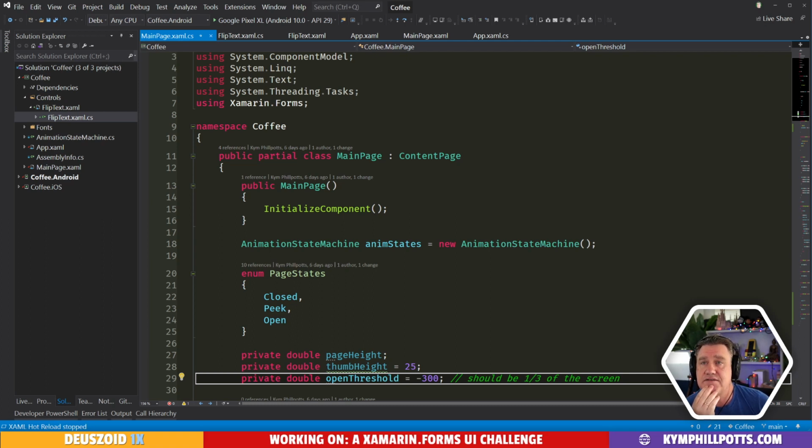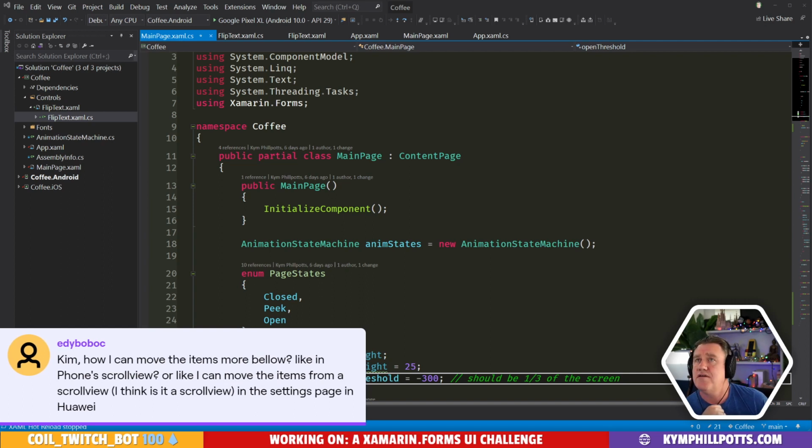How can I move the items more below, like in iPhone scroll view, or like I can move from the items from a scroll view into the settings page? From a scroll view. I'm not sure.